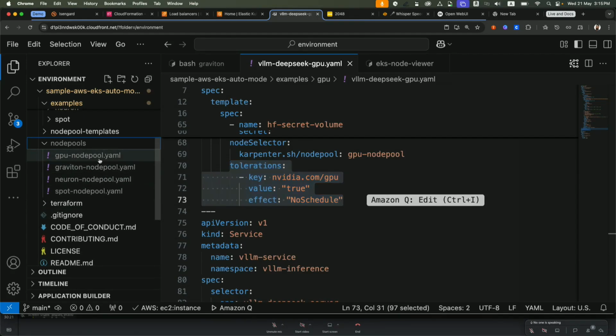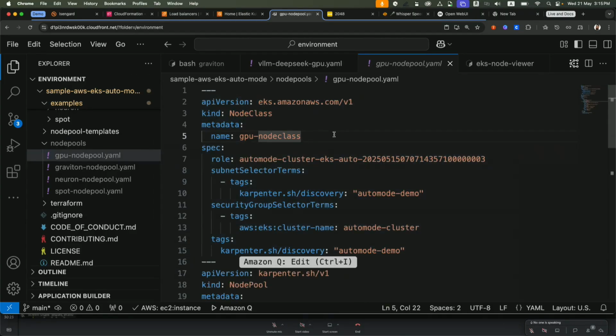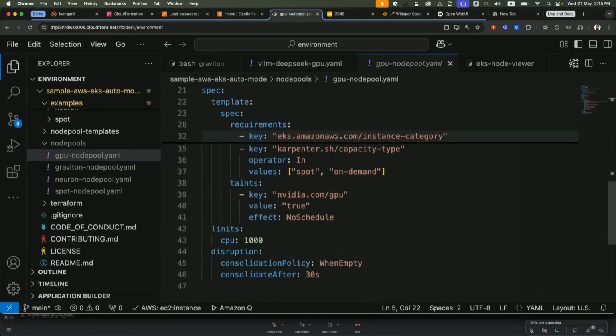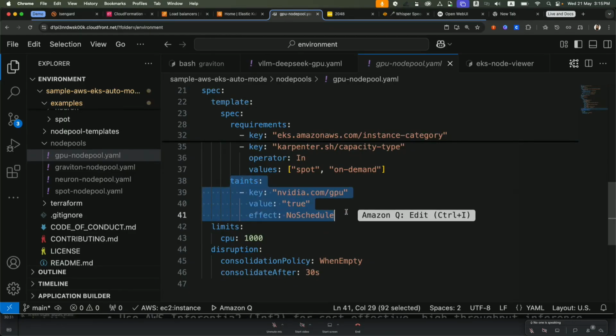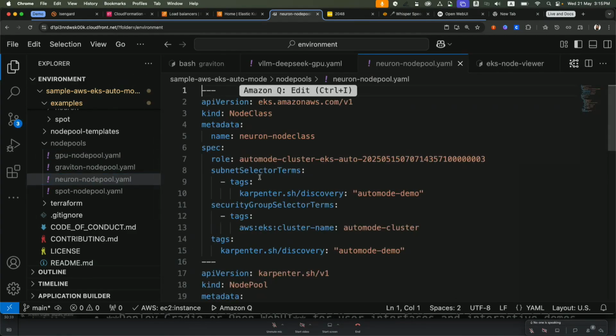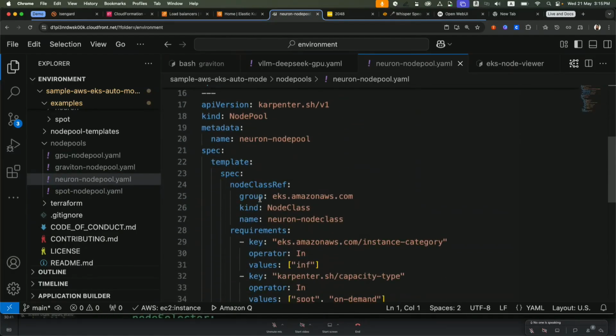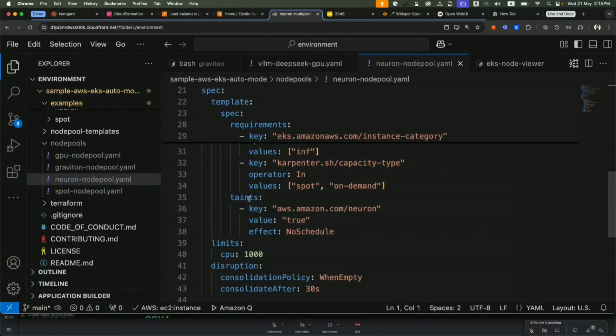In the node pool, I also added a taint to make sure all nodes provisioned under this node pool will be tainted with nvidia.com/gpu. We did the same for Neuron to make sure that Whisper will run on Inferentia. So here we're adding again a taint for